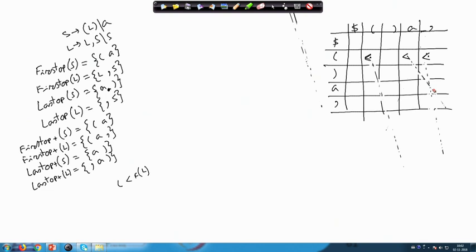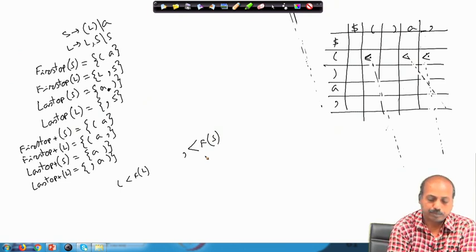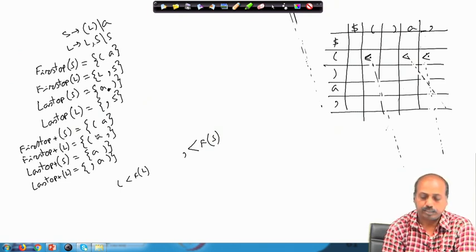Similarly, we have to get the next one. This L producing L comma S. Between this comma and S, comma comes before S. So, this comma should be less than first plus of S. First plus of S has got open parenthesis and a.